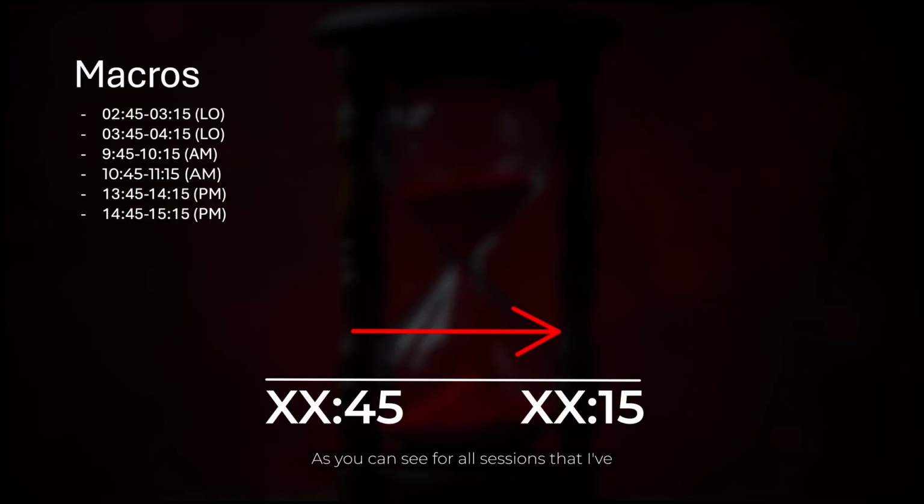As you can see, for all sessions that I've plotted here between the London to New York afternoon session, I have two macros which I'm paying attention to. Please note that I'm not paying attention to each one of these macros every single day, because I'm not doing that. I'm staying on the hourly chart and I'm recognizing, all right, when do I anticipate a swing high, swing low to form? When I'm able to anticipate when a swing high, swing low forms, I'm able to then drop